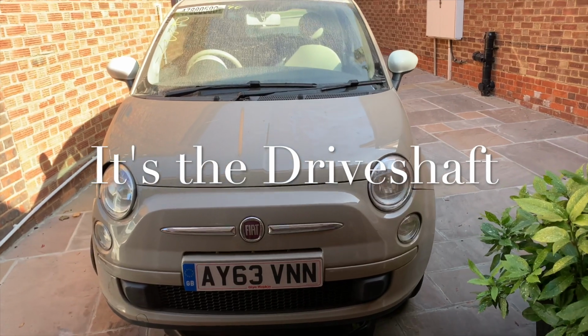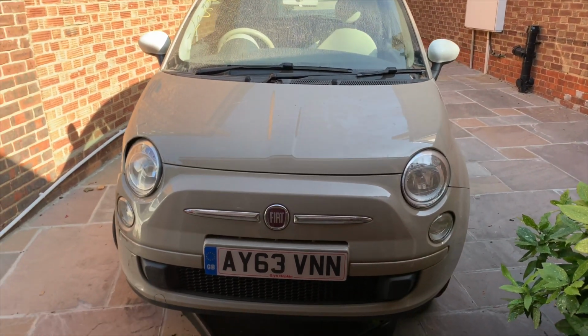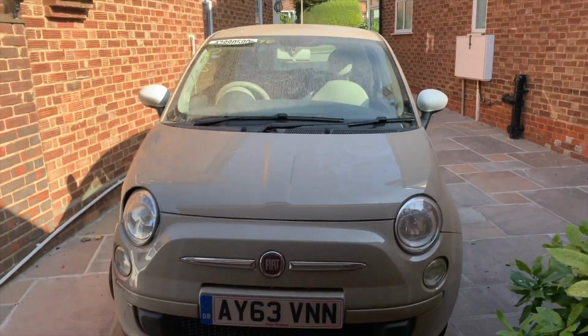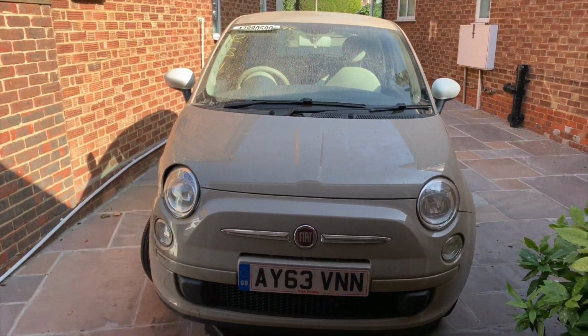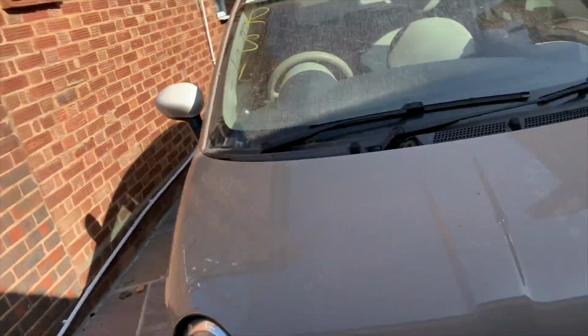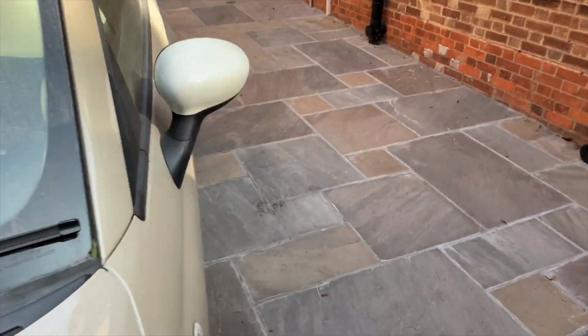So it's currently about 3 o'clock in the afternoon, same day. So I'll just show you around the car. I have had a quick look round. There's not really much to show, to be honest. We'll unlock it and then we'll have a little look round. We'll start off the side that's okay. So